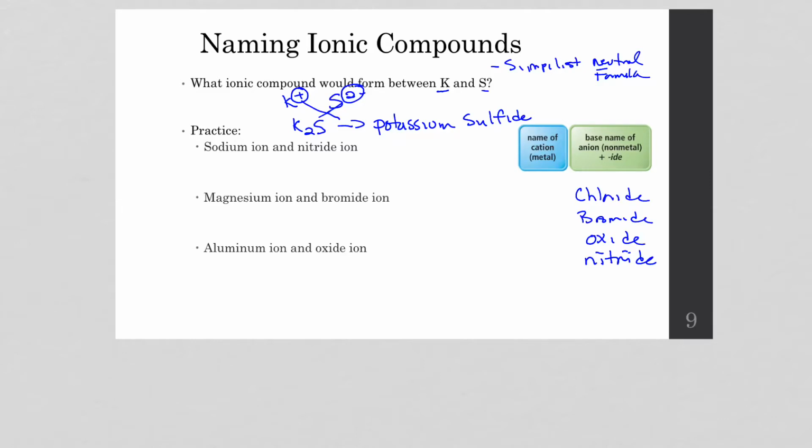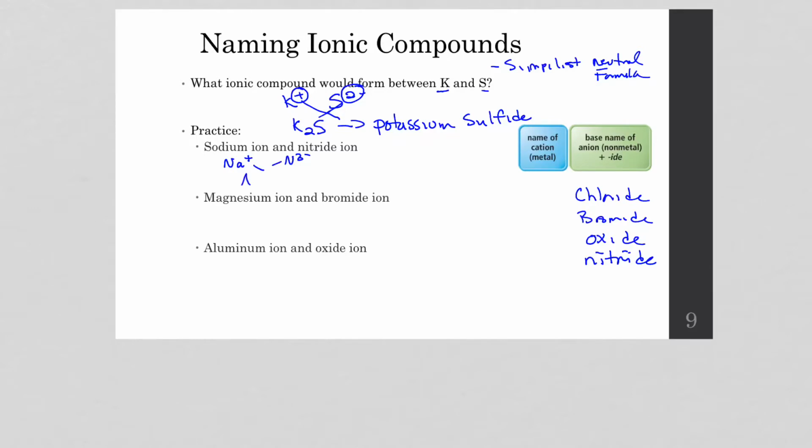So let's do some practice of naming these simple ionic compounds. So we have the compound between sodium and nitrogen. Again, we have to know what charges they form. So sodium, being in group 1, is going to form a positive 1 ion. Nitrogen is in group 5. It's going to gain 3 electrons and form a 3 minus ion. And so if we cross these over,